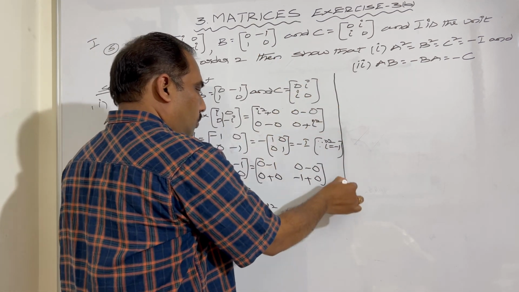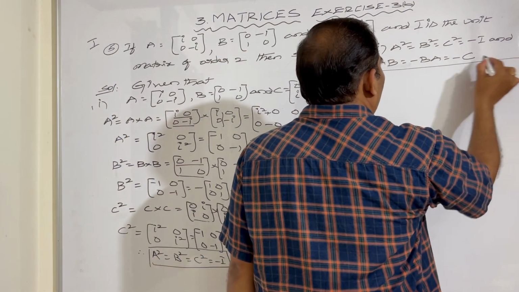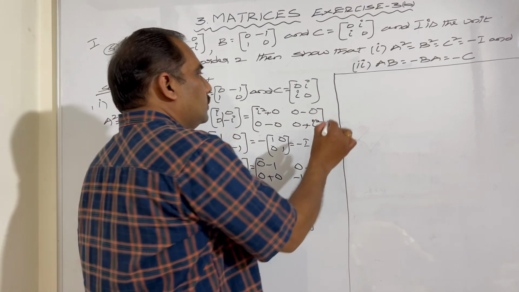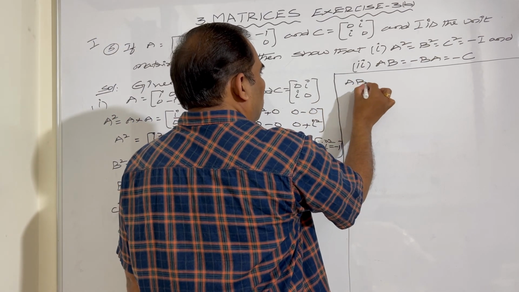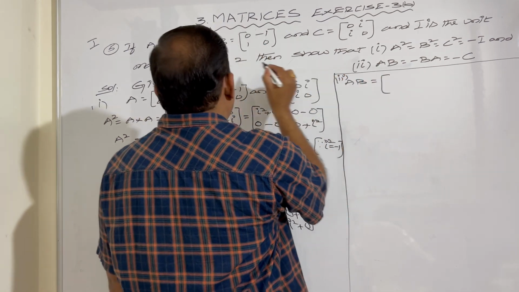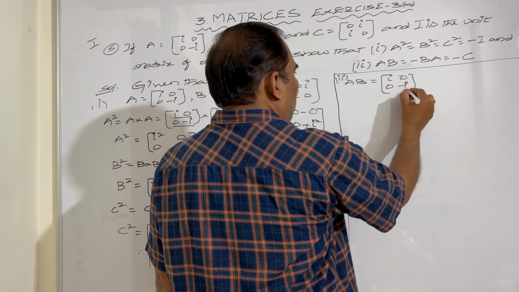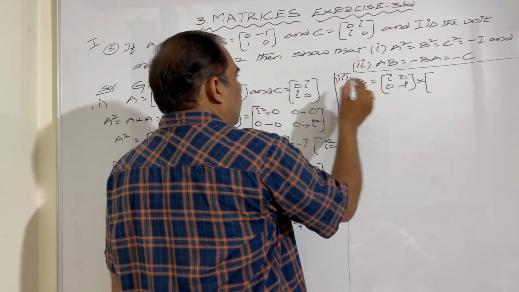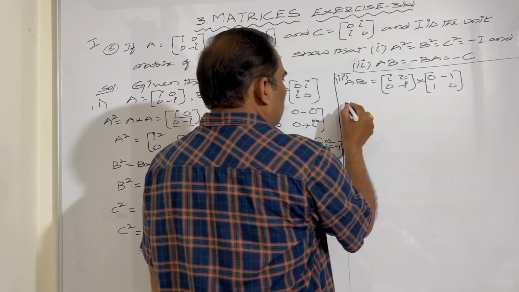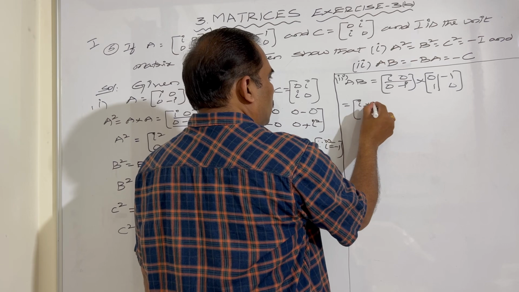Again what we have to prove? We have to prove the second bit, that AB is equal to minus BA, which is also equal to minus C. So now find AB here, the second bit, so AB, multiplying A into B. So the matrix A is i, 0, 0, minus i, into matrix B, which is 0, minus 1, 1, 0. Multiply both, which is equal to, first row first column multiplying, so i into 0 plus 0 into 1,